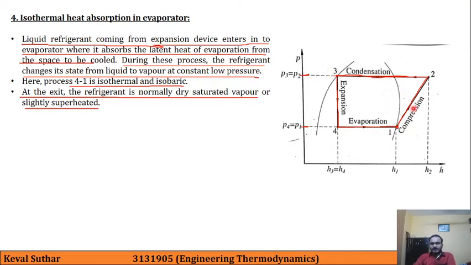In the pH diagram, as we can see, all four processes are shown. In process 1 to 2, pressure is increasing and enthalpy is also increasing. During the condensation process, where heat is being lost, the enthalpy is reducing. This process is at constant pressure. The next is adiabatic expansion, during which the enthalpy remains constant, H3 is equal to H4. And the last process is evaporation, in which the pressure remains constant and enthalpy is increasing. So these are the four processes in the four components of the VCR system.